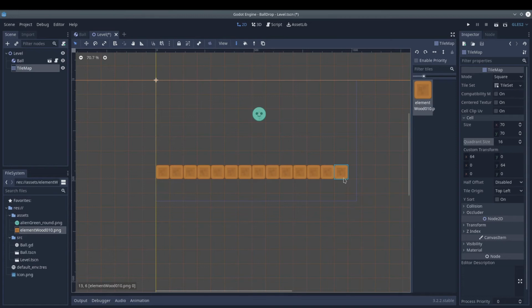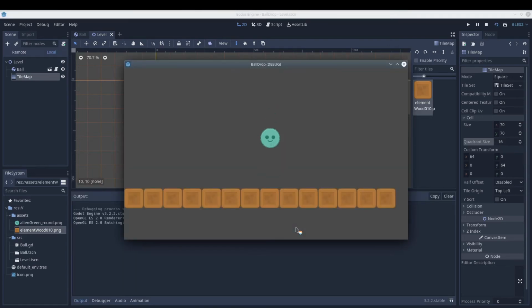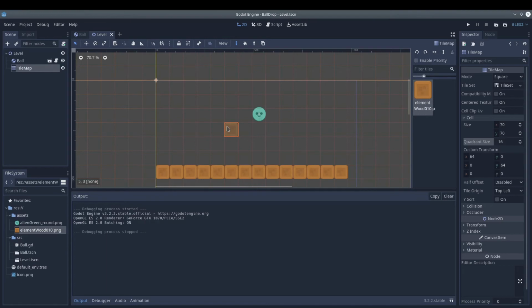And of course, this is the general approach you would use if you're making any kind of a platforming game. All right, let's run it. There goes our happy green guy right through the floor. Now the reason that happened is that although we brought in those images, we never set any collision data on them. Just like we had to set the collision data on our rigid body, we have to set collision on